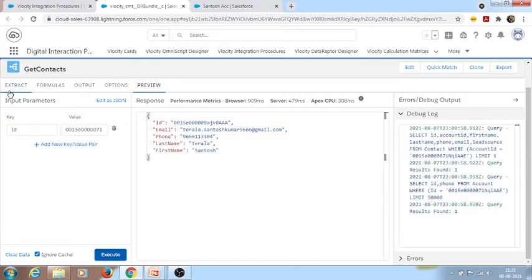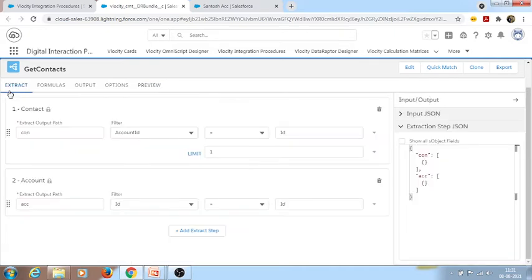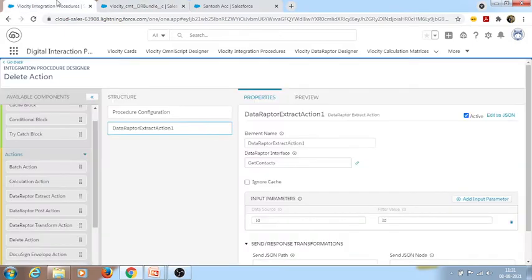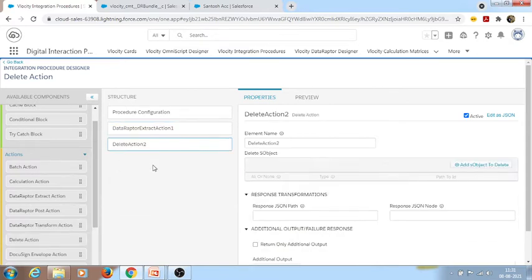Now let me call this from the integration procedure here. Now I will be using delete action here. In this delete action, we need to pass id. See, we need to configure this delete action, like add a subject to delete.